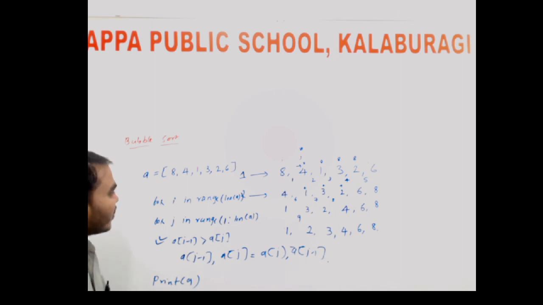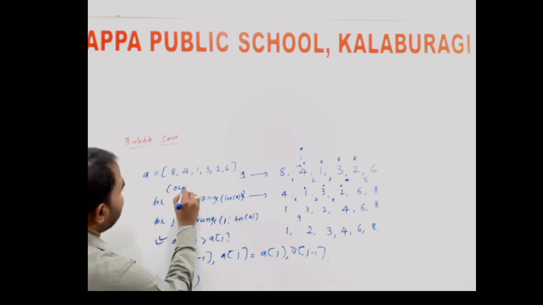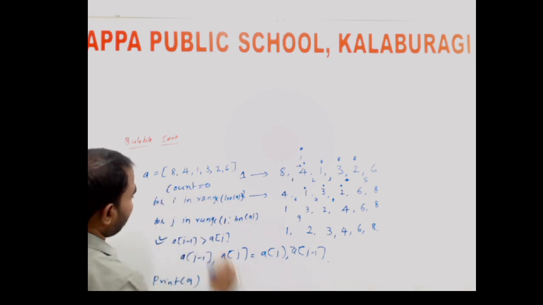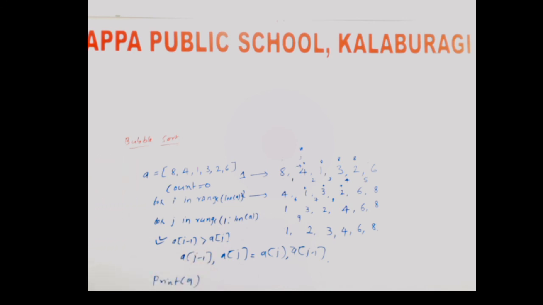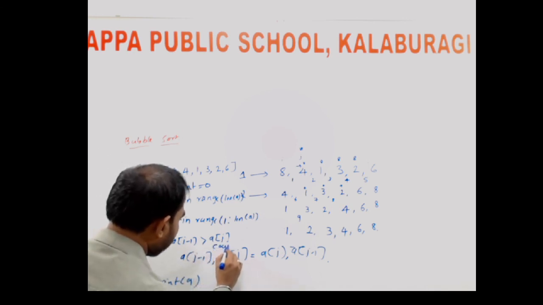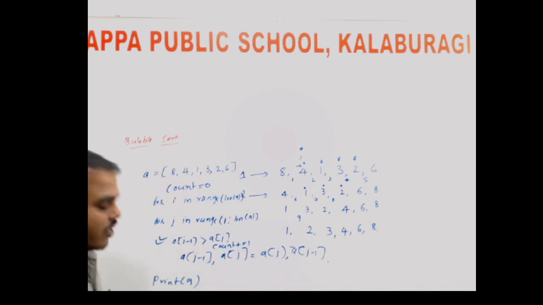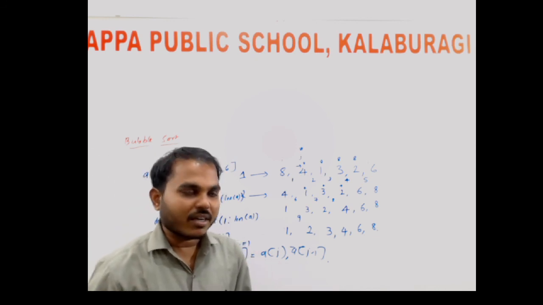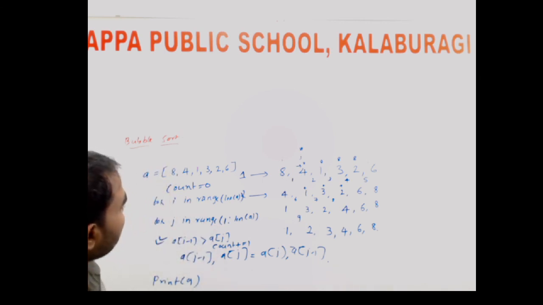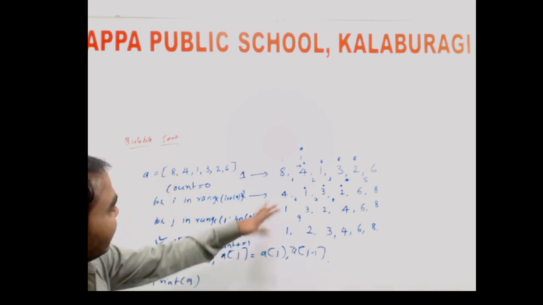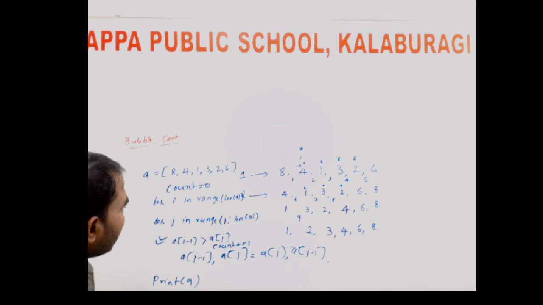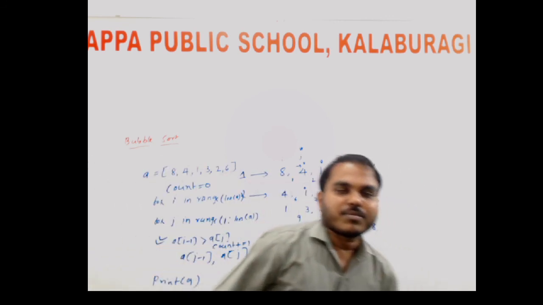So you try this in your editor. Suppose you want to count how many times it has been swapped, you can simply use a count variable, count is equal to 0. Then here you do count plus 1, so whenever a swap happens, the count is incremented by 1. So this is the bubble sort, right? And this is the tracing method. This is the simple code that we have used here. Okay, thank you so much.